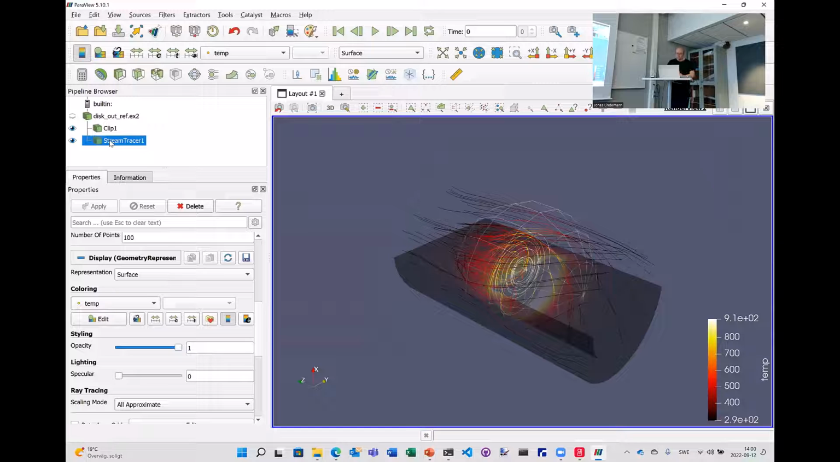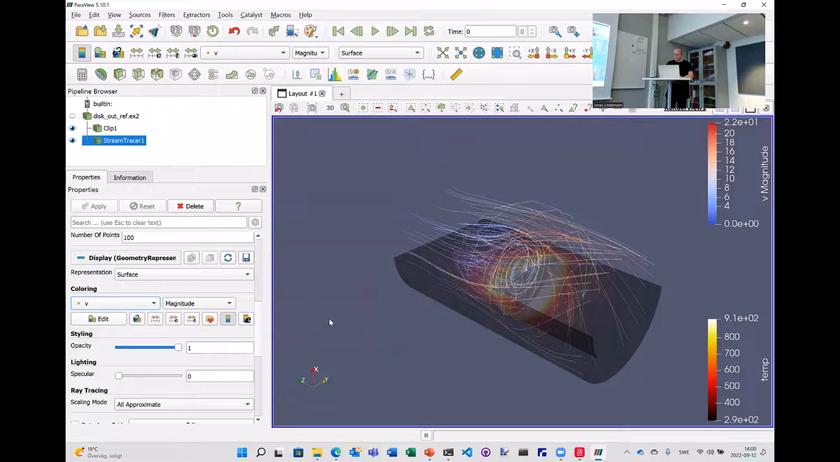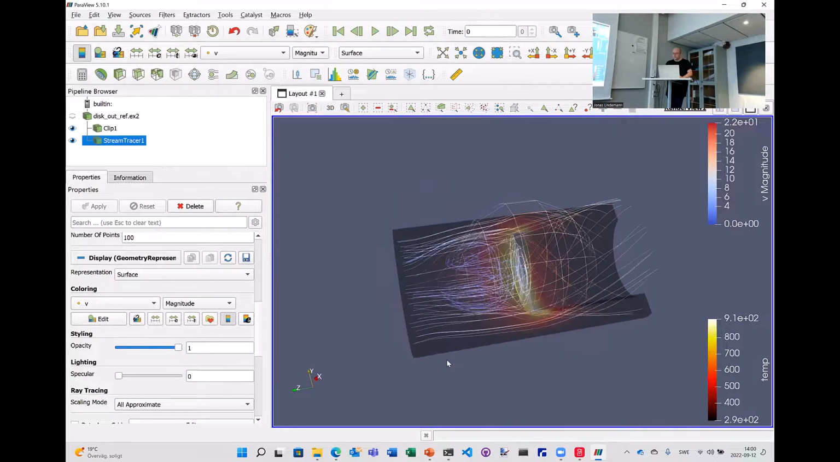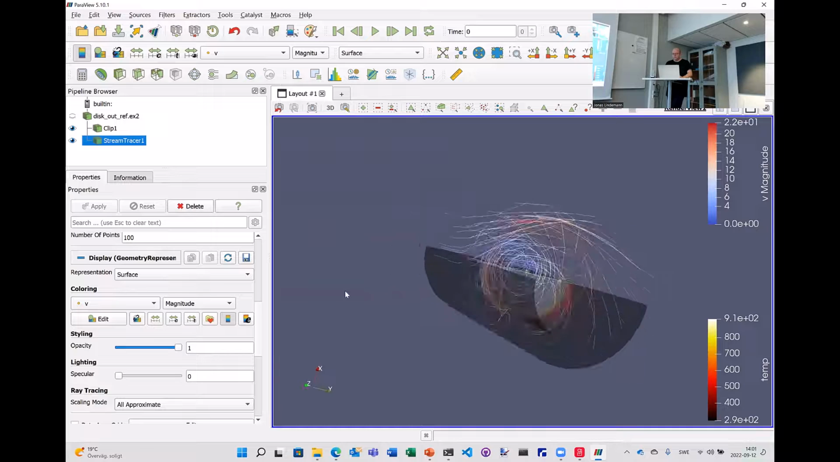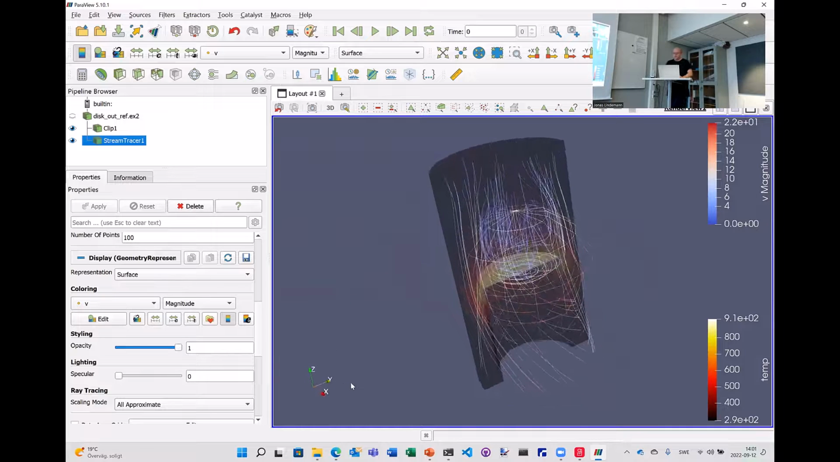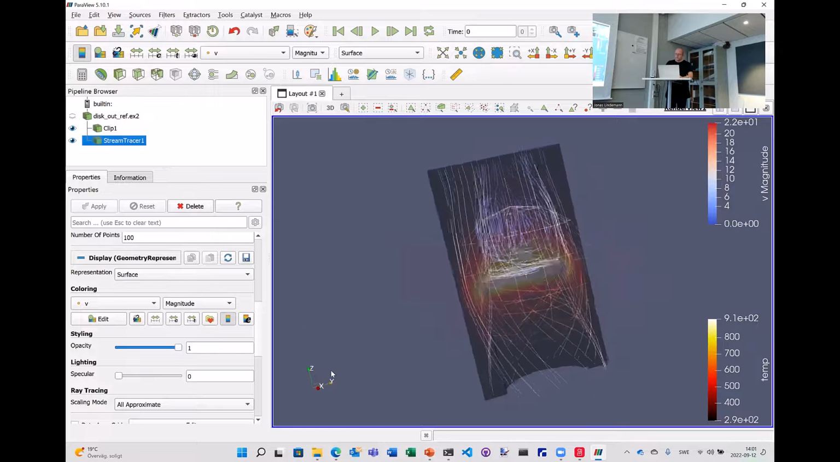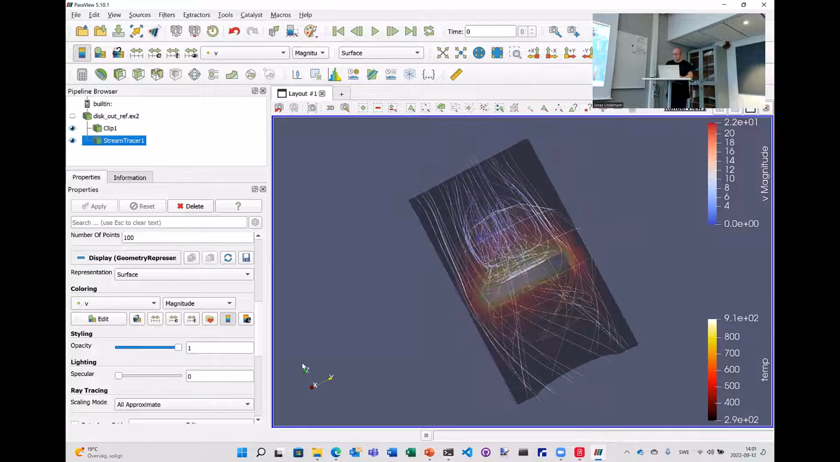Need to select the right object to modify. Here I change to vector. Now you see that the stream field is colored by the velocity of the stream. But I want the streamlines to look a bit more easy to see. So what I can do is create a three-dimensional tube for each of these